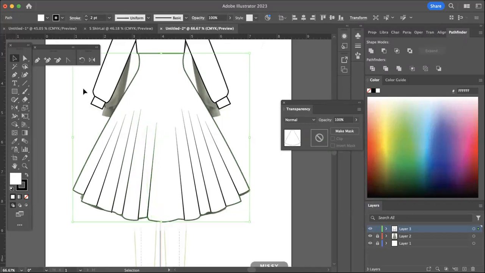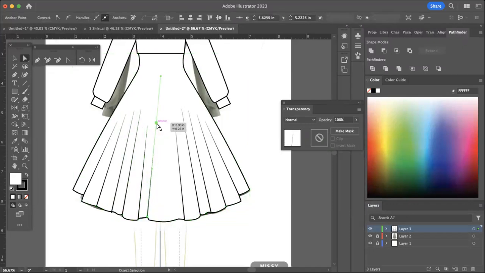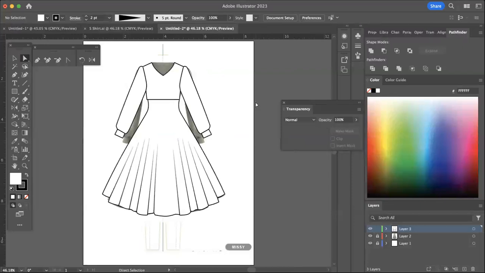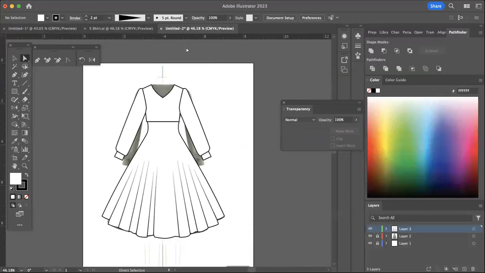And use my white arrow to move just the top point over a little bit so it moves up towards center front. Nice. Okay, so that is a rockin' looking skirt. I'm gonna throw buttons on my bodice, and I'm going to add a couple of